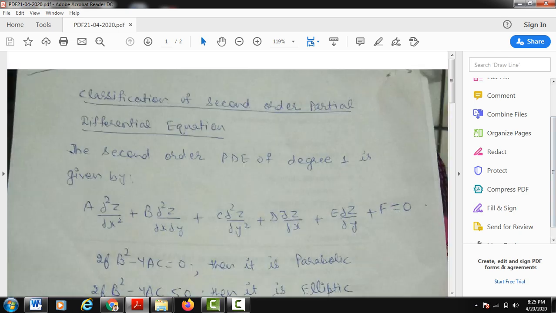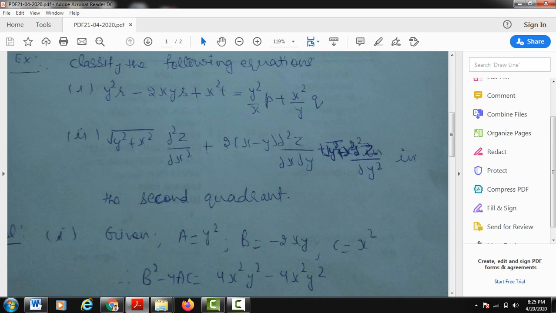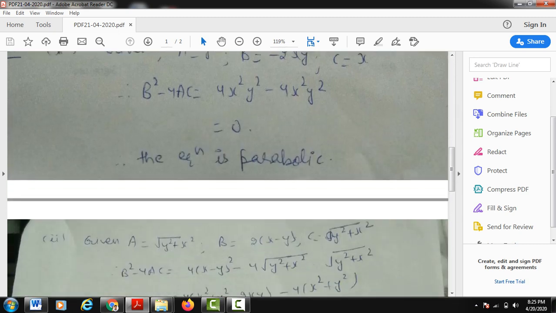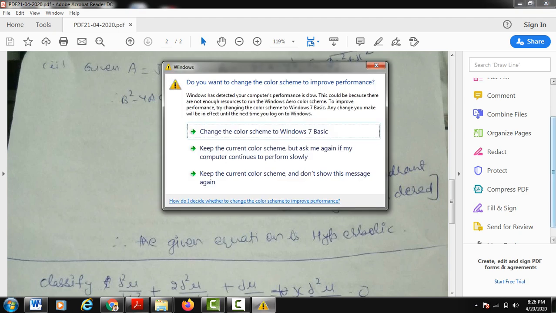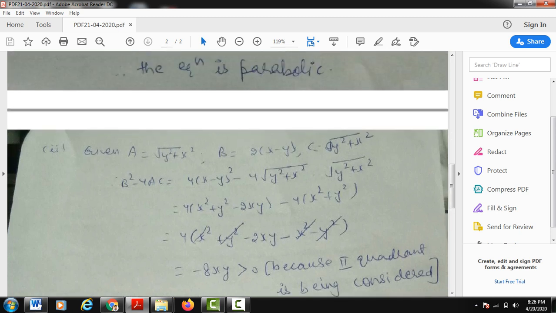If there are some conditions on x, as you can see in the second part of the first example, we discussed that xy lies in the second quadrant. You can try it if the plane considered is the third quadrant, fourth quadrant, or the first quadrant. Then what will happen? If it is the third quadrant, then x and y are both negative, so minus minus plus. But if the plus factor is multiplied with minus 8, then it will be negative, and the equation becomes elliptic. But if the fourth quadrant is considered, where x is positive and y is negative, it will again be positive, so that will be your hyperbolic equation.